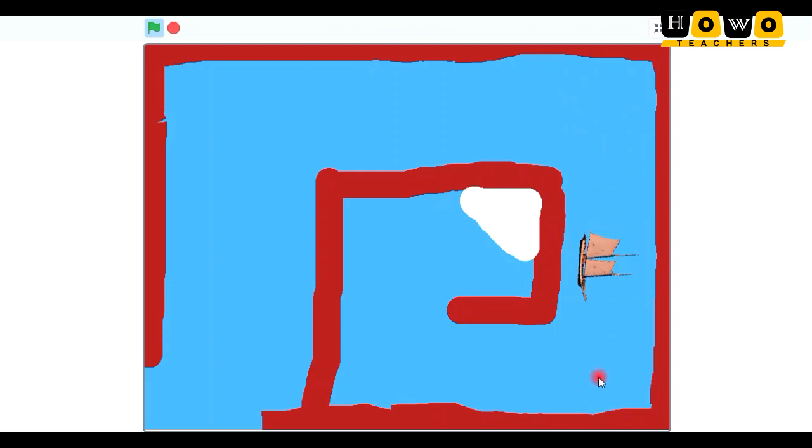So here it is going on. You can add any kind of maze. You can modify this game by using simple one step coding, and in this I'm going to reach here. So here is the message, you won. So this is how we have made the game of the boat race.